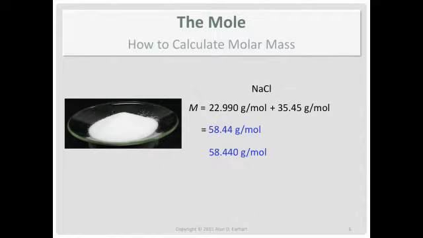So, you can write this to all the decimal places. You just have to remember that even though I wrote it to 3 decimal places, it's really only good to 2, which means 4 significant figures when you do a more advanced calculation using the molar mass. It's very unlikely that the molar mass will dictate the significant figures of a calculation, however.